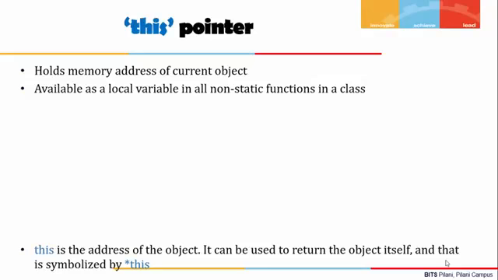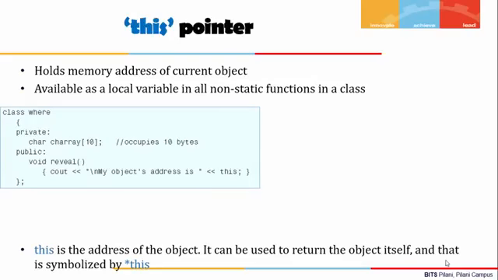So it is available as a local variable in all the non-static functions in a class. It is not available in static member functions as they can be called without any object. It holds the memory address of the current object. So if you see this example, here this class consists of a private array of 10 bytes and public function